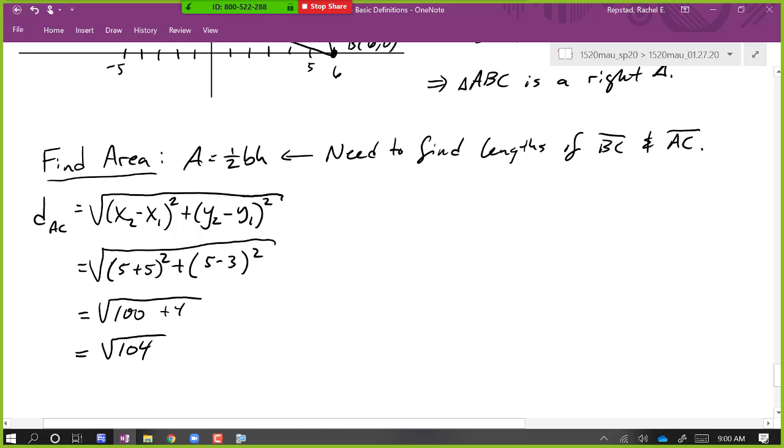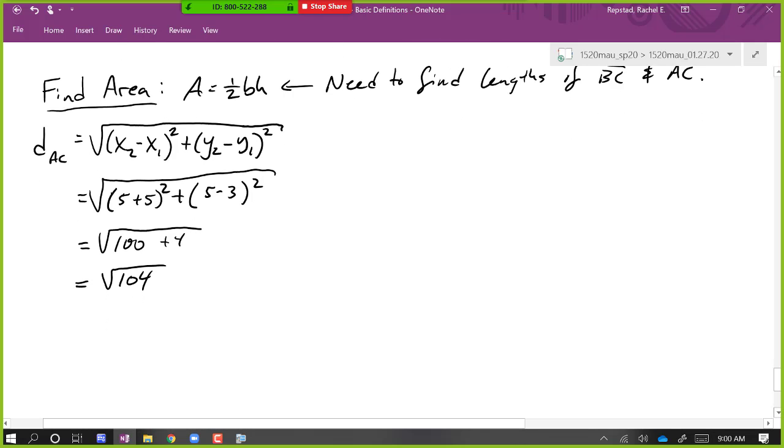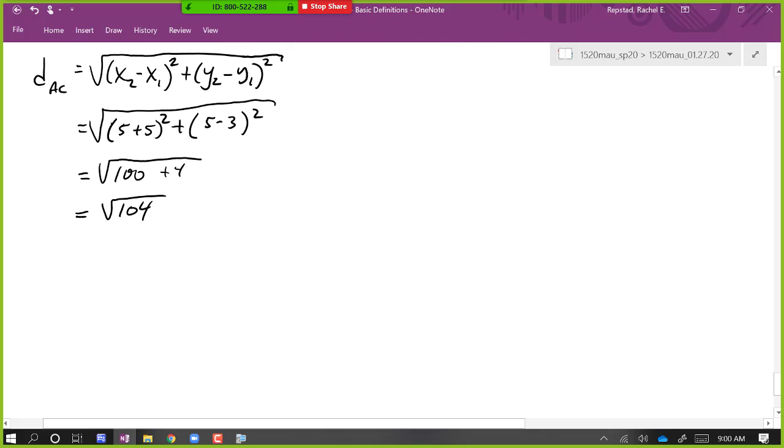Now you could, if you want, approximate this, throw it in the calculator, get a decimal. I'm going to just simplify the radical. If we need a refresher, the way we simplify radicals, we always start by factoring. So 104 is 2 times 52, and 52 is 2 times 26, and 26 is 2 times 13. In a square root, we look for pairs of the same factor, so we can bring one out. I've got a pair of 2's, and that's the only pair. Once I bring those out as a single 2, I'm out of pairs. So I've got 2 times the radical of what's left inside, 2 times 13, or 26.